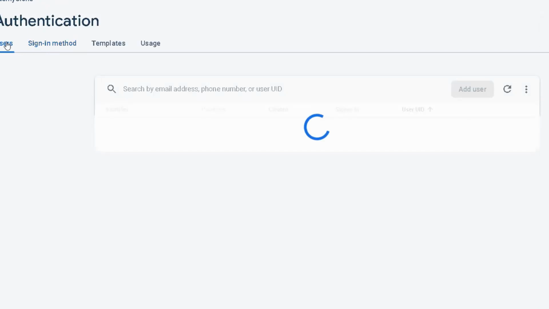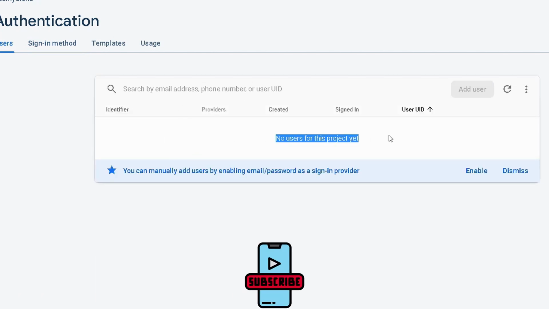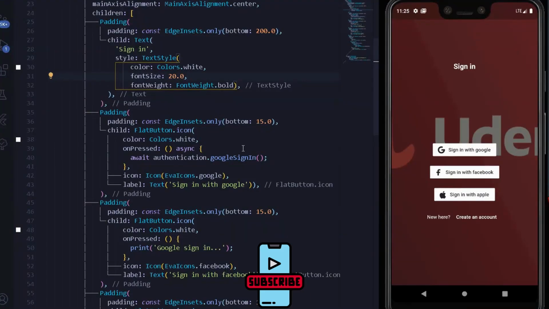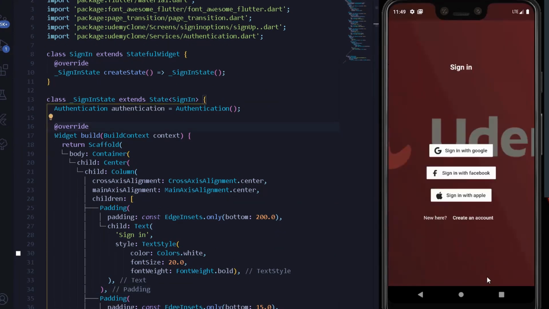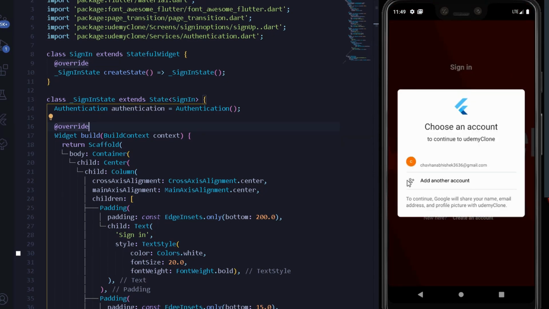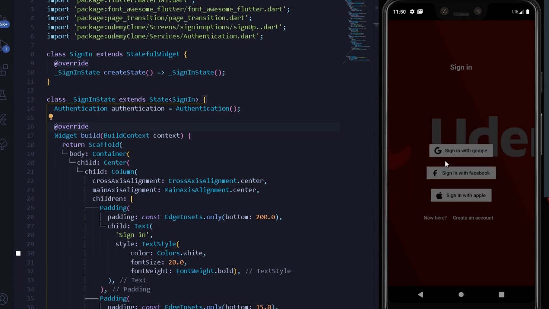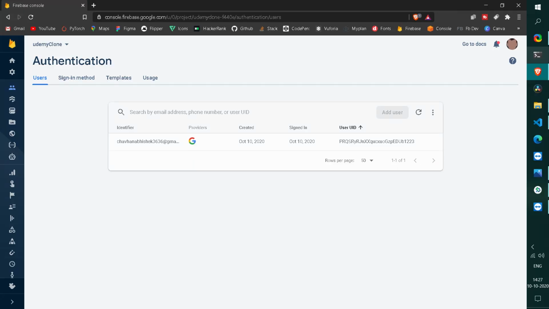So under our users tab, we have nothing for now, that is no users are authenticated from here. So let's get our user authenticated with Firebase. So here in our Flutter application, we can do one thing, that is exit our entire application and reload it once. So let's do that. Alright, so our application is loaded once again, and now sign in with Google. Alright, so here we have our pop-up window for our authentication with Google. So here I have one of my emails. So if I choose this, alright, so let's check our Firebase console.